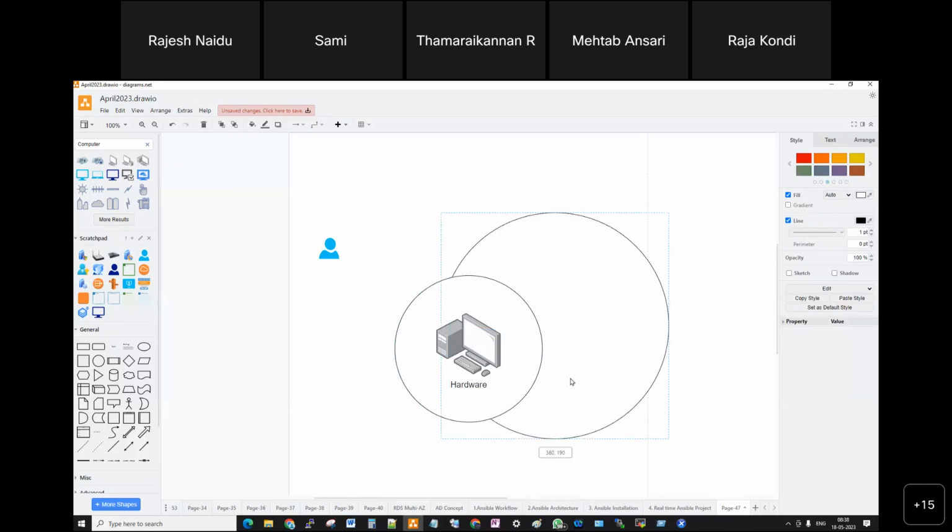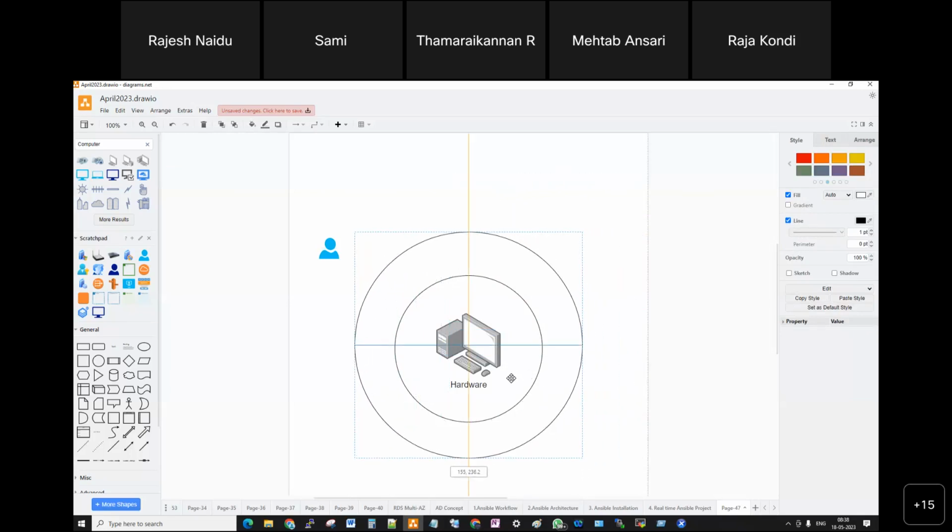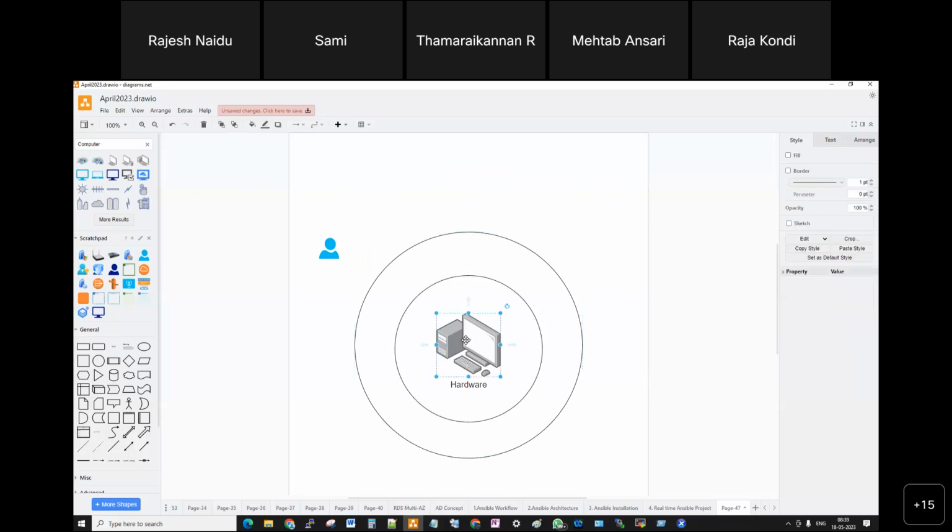This is kernel. So this is your hardware. The hardware will be managed with a kernel. So kernel is your heart of the operating system. Perfect.